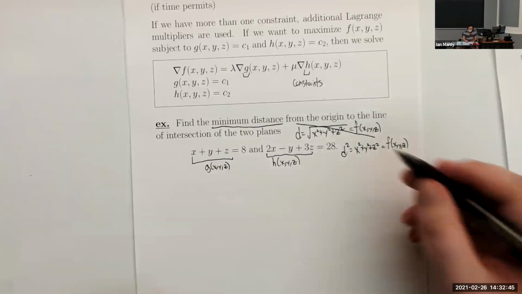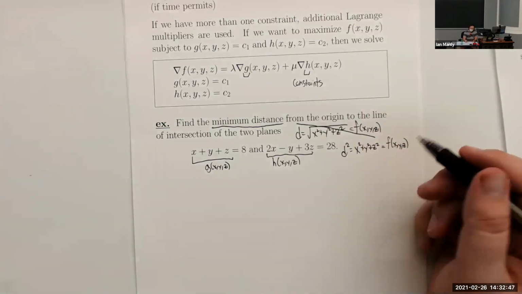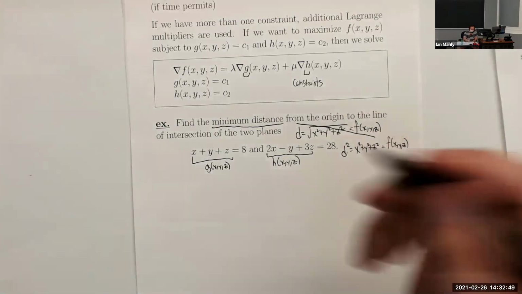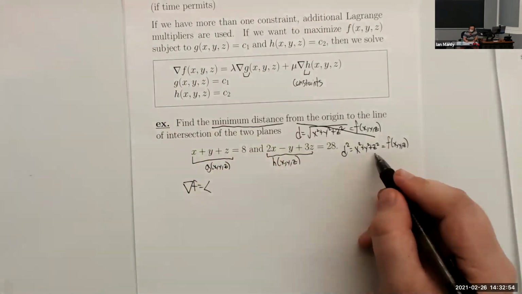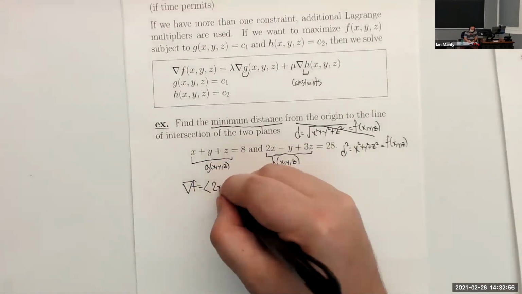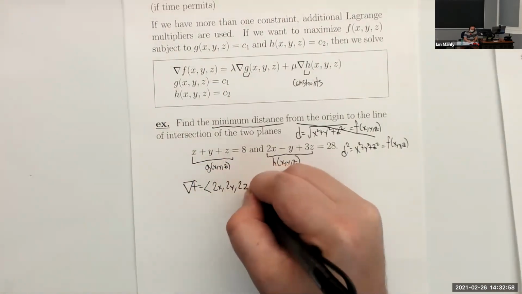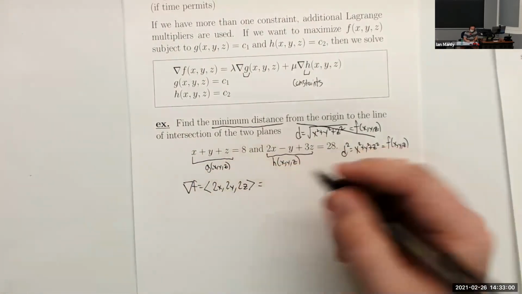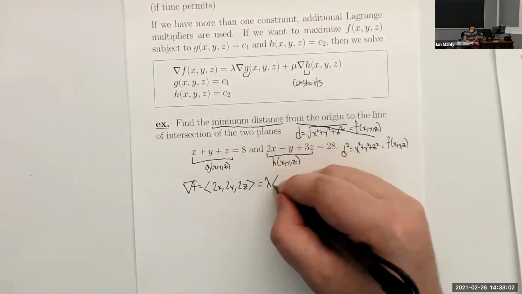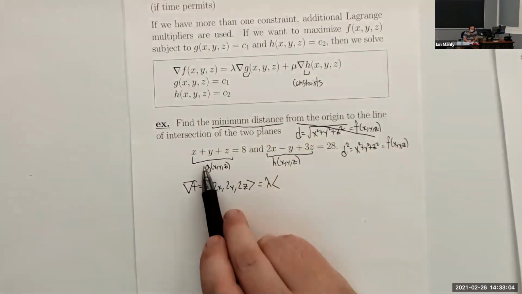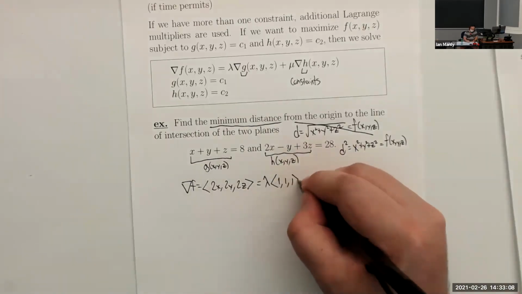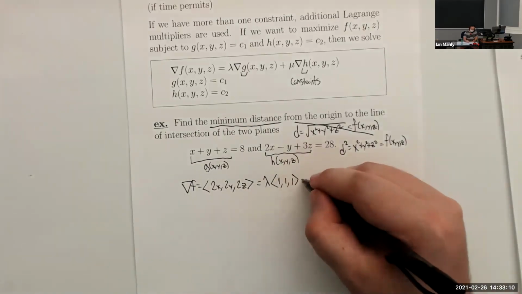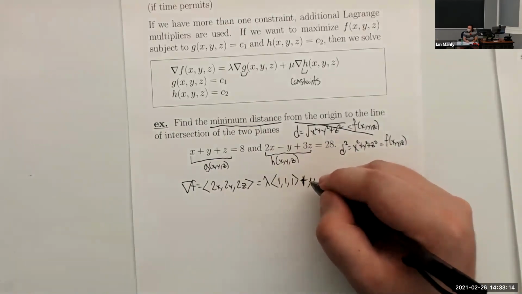All right, so this is going to be our f of x, y, z. Let's write down our equations. So the gradient of f, well, that won't be too bad. It'll be 2x, 2y, and 2z. And then we have lambda times the gradient of g, which is 1, 1, 1. Oops, that's not an equal, it's plus. And then we have